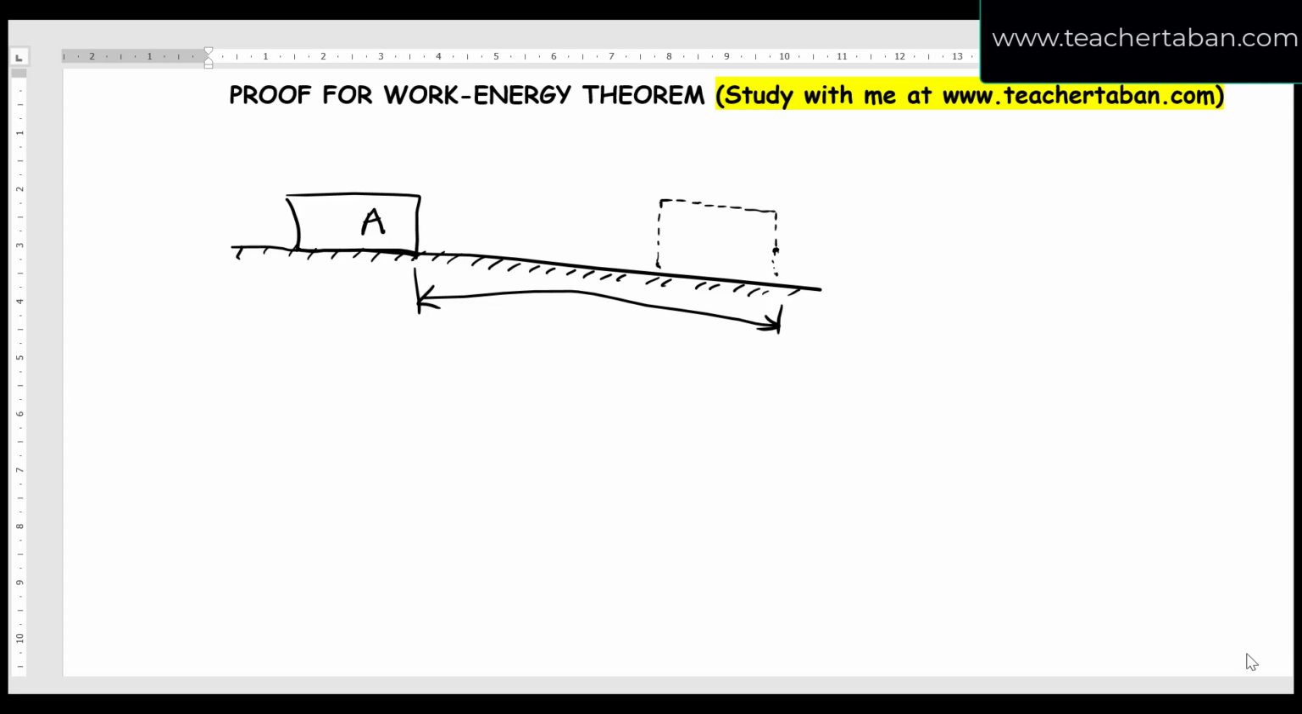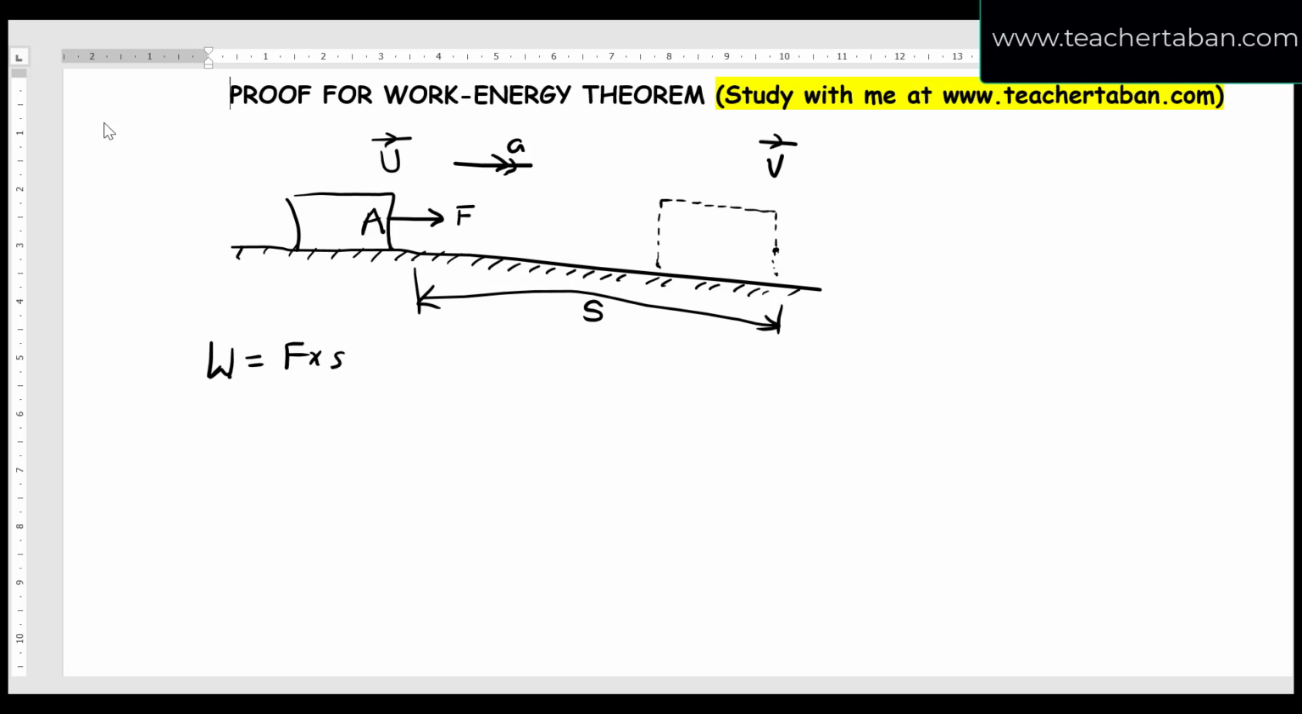So assuming that we have a body A, this body is acted upon by a constant force capital F, and as a result, the body accelerates at a rate a, changing its velocity from u meters per second, for example, maybe to v meters per second, and as a result, it covers a displacement s in a given time t. So from the expression of work done, that work done equals force times the distance moved in the direction